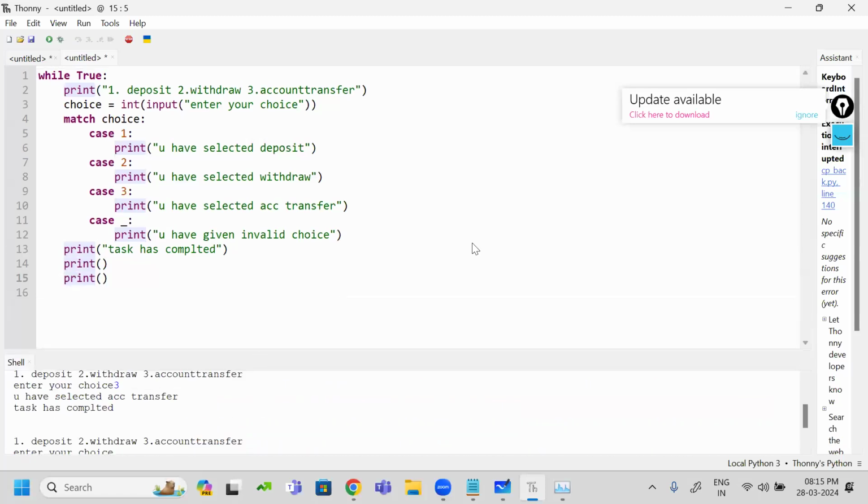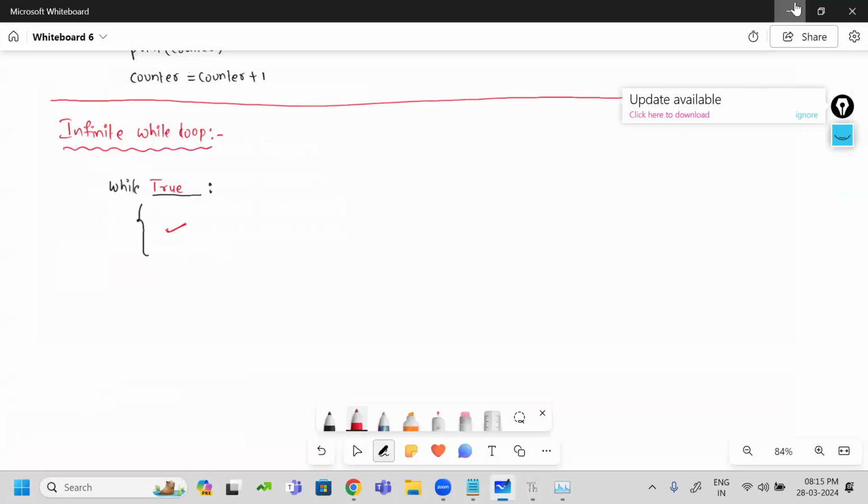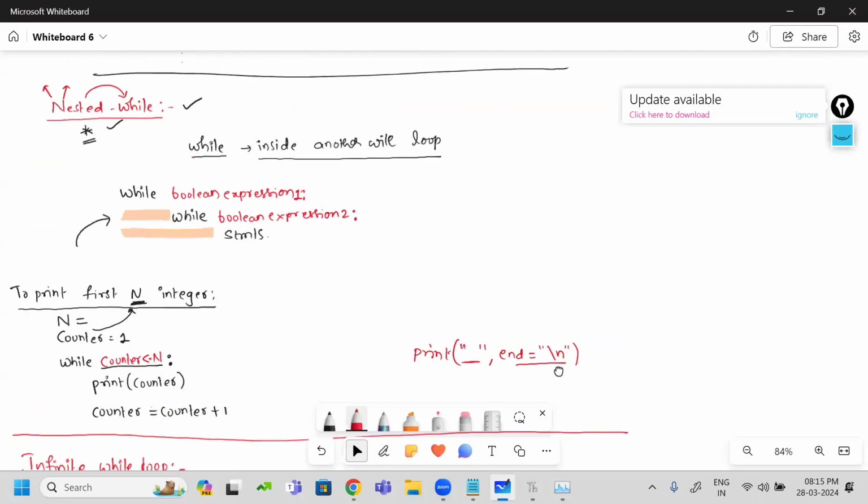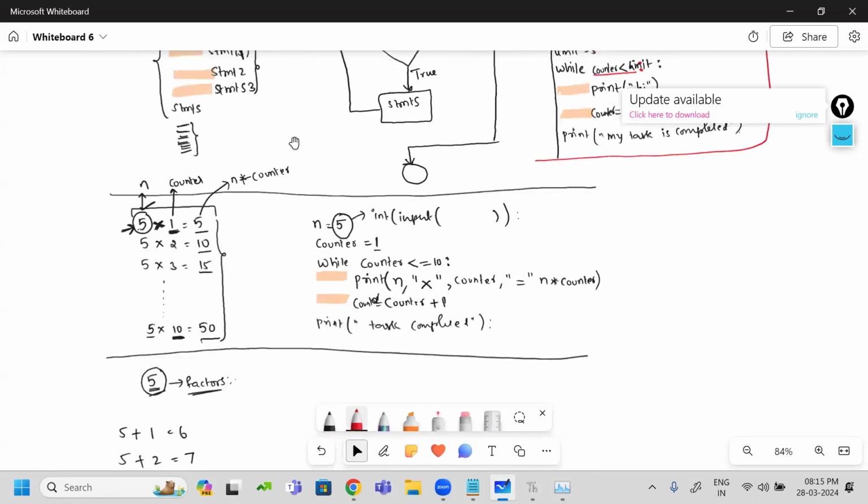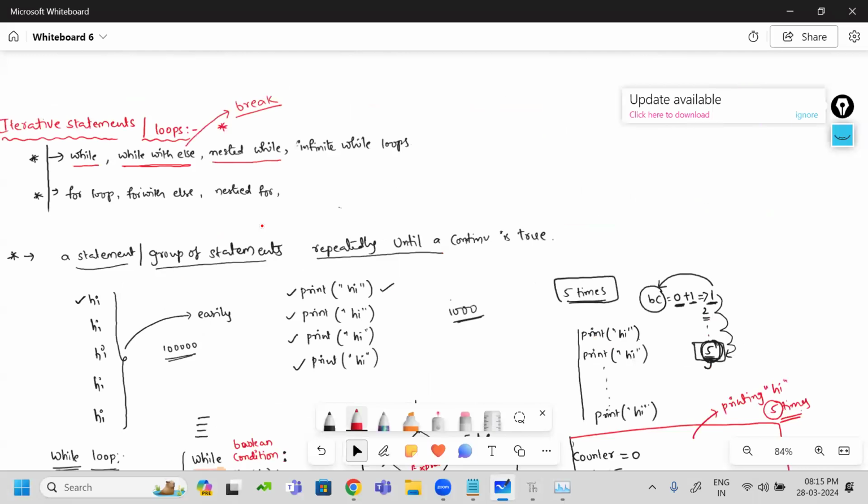Now we will go for another concept, the small concept which we missed from while, which is while with else. To understand this, we should be aware of break. After learning the break concept, we will come back to while with else. And for with else also, you can understand only when you know break. So we will learn this as a separate concept in the